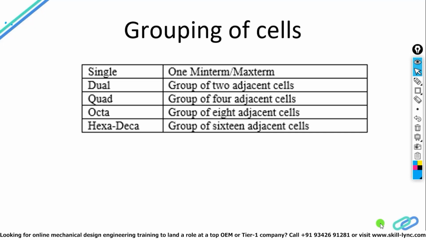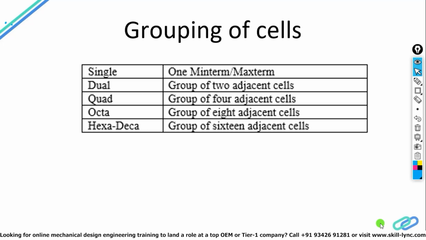In K-map. In the previous video, we have seen how to make an unstandard SOP or POS a standard POS or SOP. After that, we have seen how to plot the min terms or max terms in the K-map. And now we will see how to make the grouping of cells.